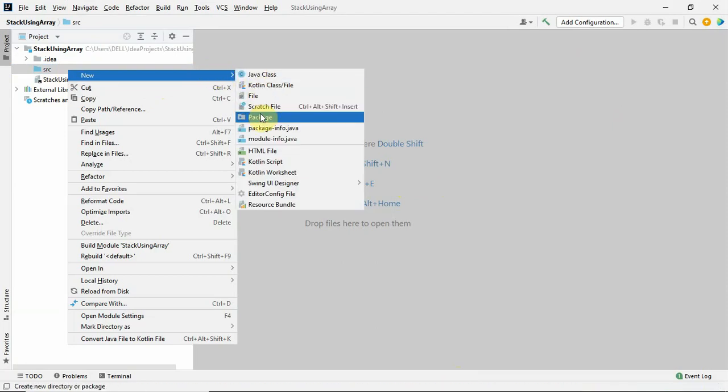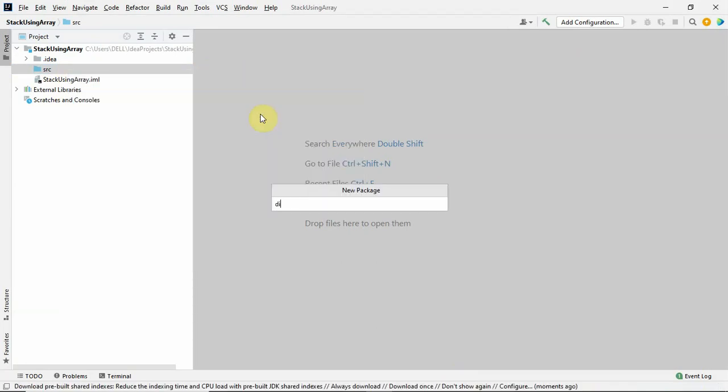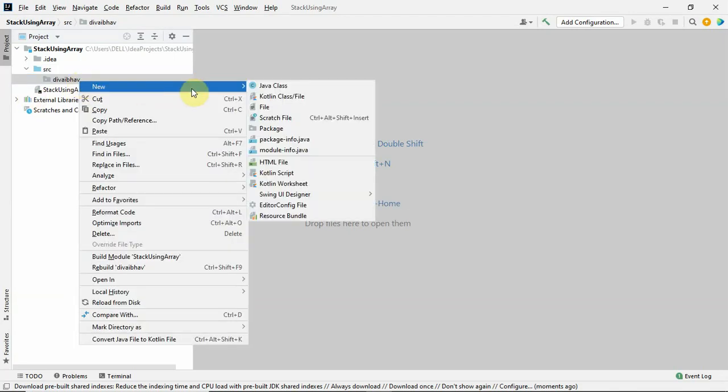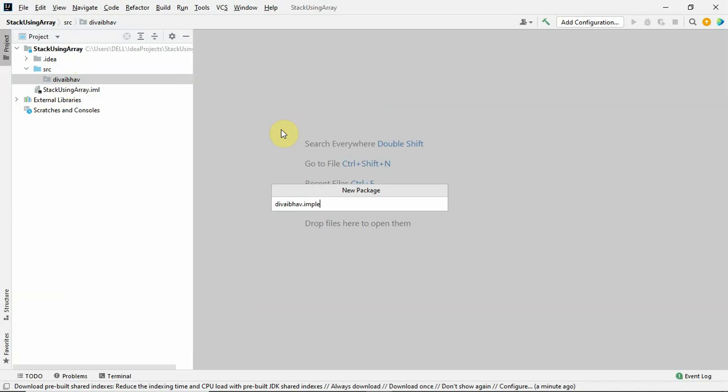I am creating a package named di-webhub. In this di-webhub I am going to create two more sub packages. In di-webhub I am creating implementation.